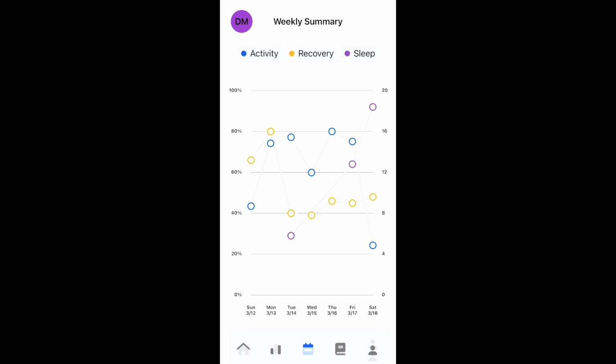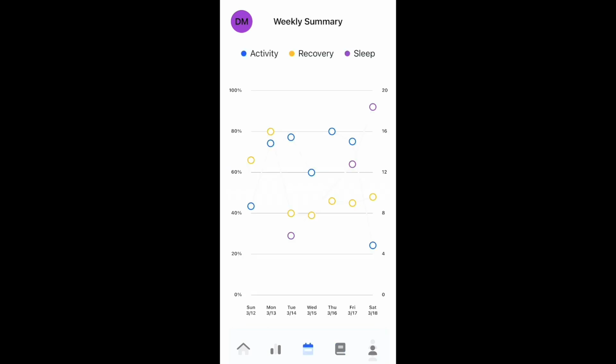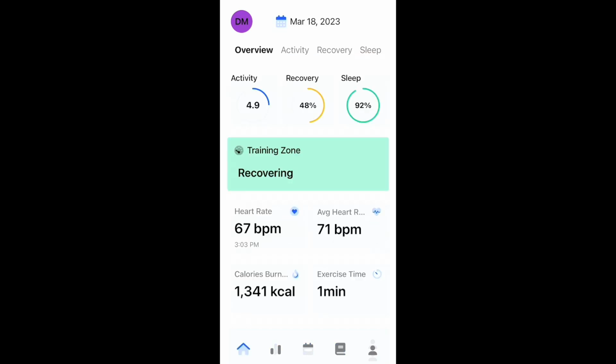So Chipr is a fantastic app in general. I really like that it gives you this summary of information. You can see recovery is 48%. Athlytic had my recovery at 47%. So very much in line, but this gives a better evaluation of the busyness of your day through the activity evaluation,